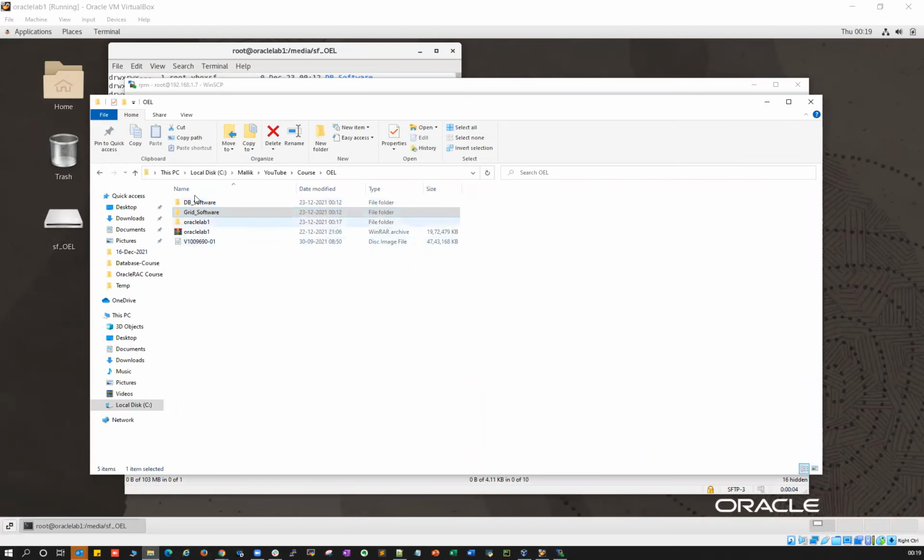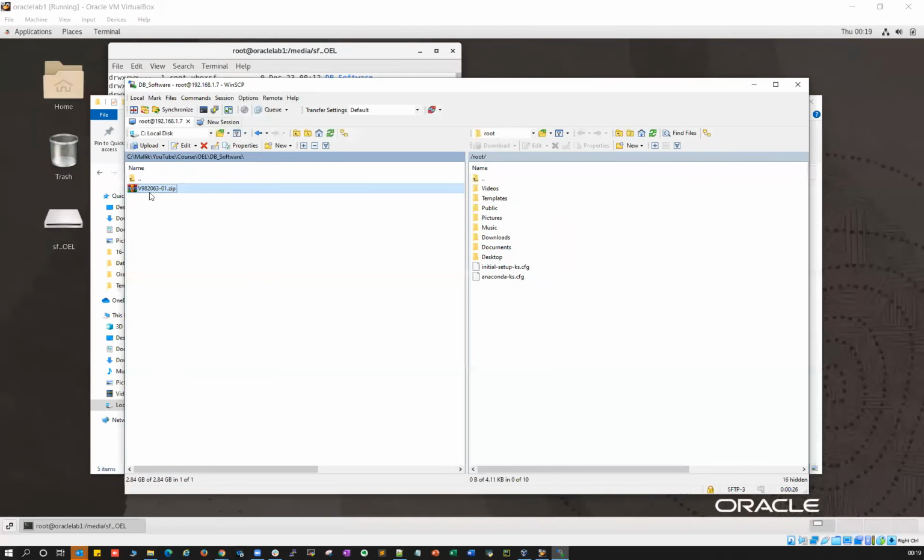So it's just going to copy that entire 2.7 gig DB binary, the 19C database software, into your Linux box. So this is one way you can copy it directly from your Windows machine to your Linux using WinSCP. Just connect with that username and password for that IP address of your Linux server, which will connect the Windows server and Linux server. You can go to that software wherever you downloaded it and just drag and drop it. So that's going to copy it. That's one way you can copy it.